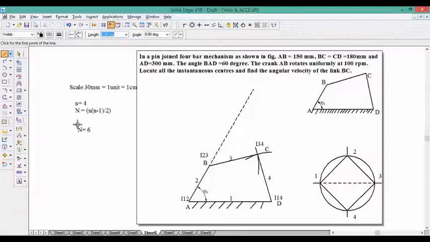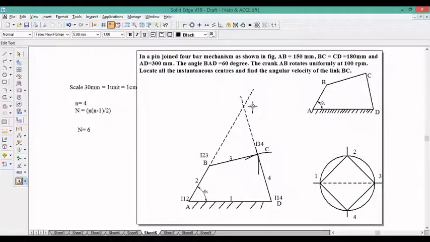Then you come to the circle diagram once again. The 1, 3 downward triangle, what we have, that is 1, 4 and 3, 4. So instantaneous center 1, 4 is here, and instantaneous center 3, 4 is here. So just continue this to a further line. So wherever these two intersect, that will be the instantaneous center 1, 3.